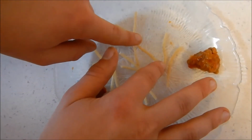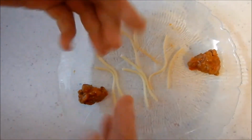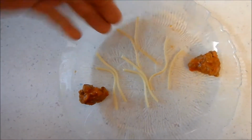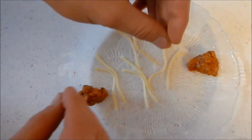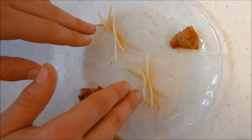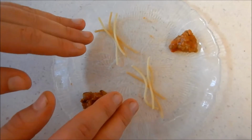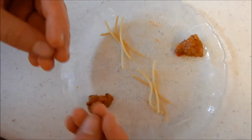So the brown spaghetti is like homologous chromosomes and the white spaghetti is like homologous chromosomes. And the centrioles are at either side of the cell, ready to shoot out their microtubules to make the spindle fibers to pull these chromosomes to either side of the cell. And right now, the two chromosomes have formed what is called tetrads. And at this point, they're going to start crossing over so they can switch genetic material and make a more